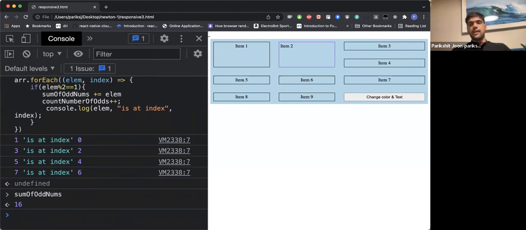Guys, clear है या नहीं है? Please बताओ. ओके